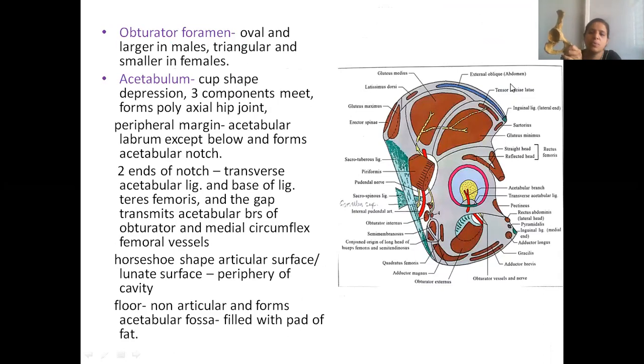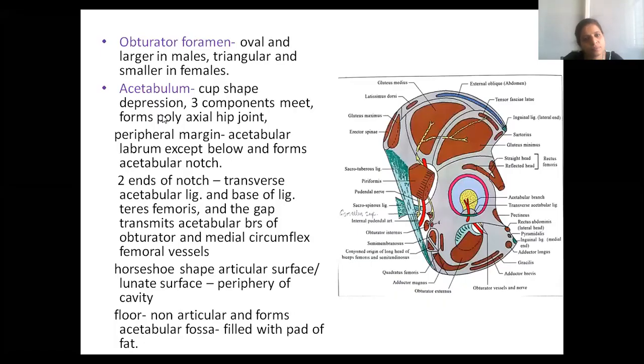If you just look at this bone, it looks oval or more or less triangular. For me, it looks more like a triangular than oval. And the other thing is bony landmarks are also not so clearly defined on this bone. And the weight of the bone is also a little light, from my experience. So, this looks like a female hip bone. So, in case of females, the shape of this obturator foramen will be triangular, whereas in case of males, it will be oval. Okay, then.